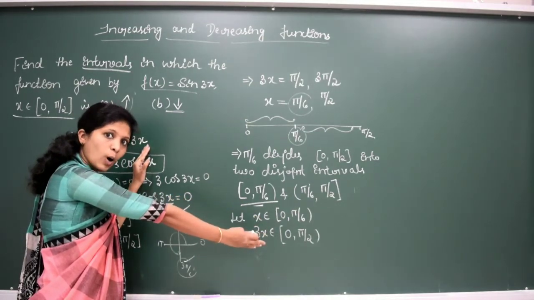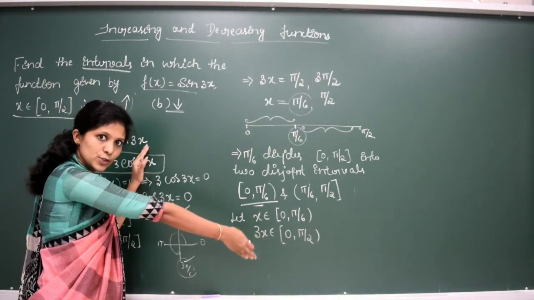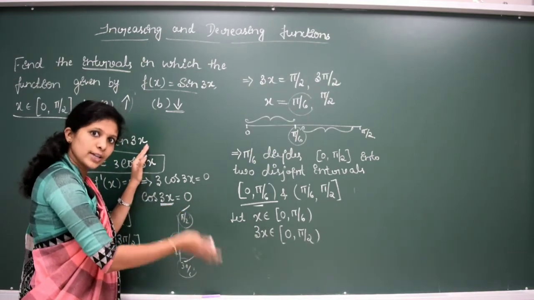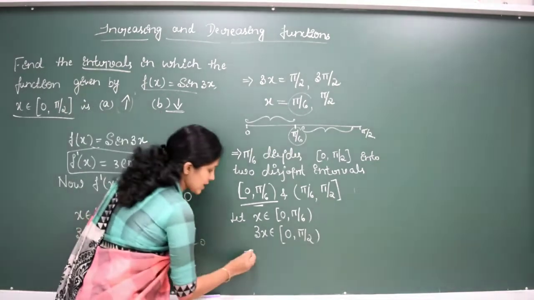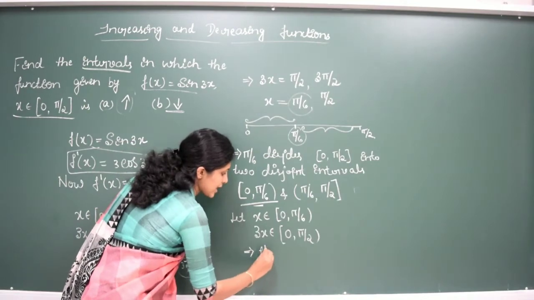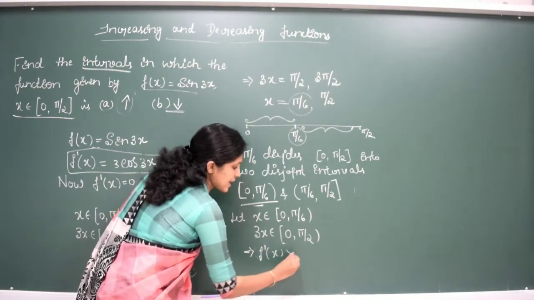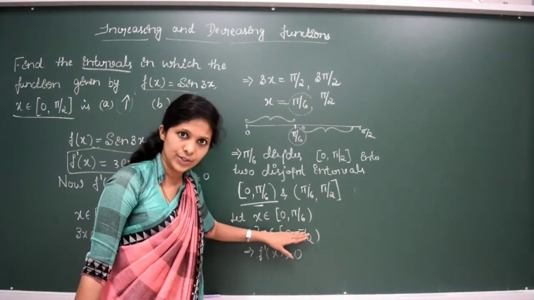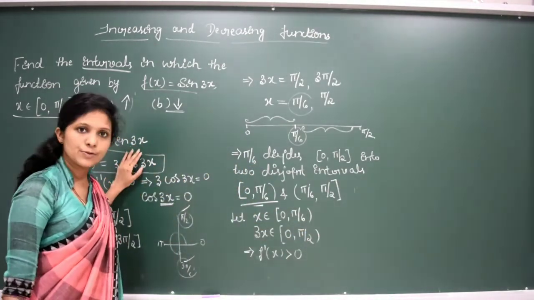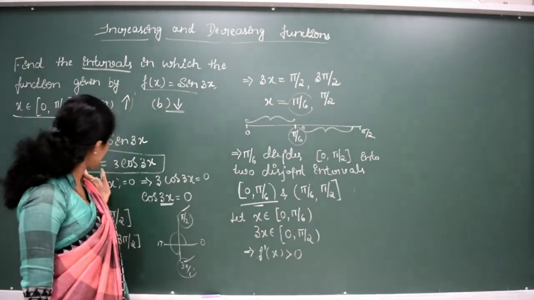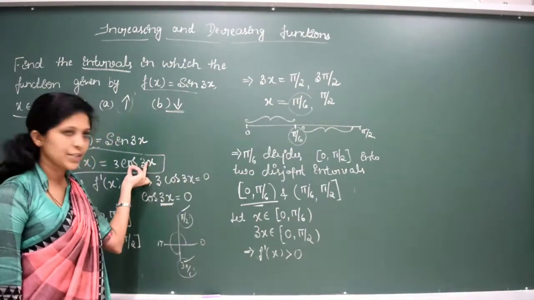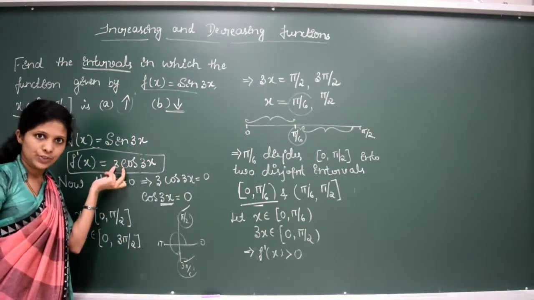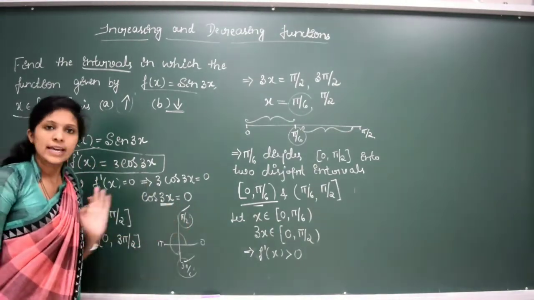In the first quadrant, obviously cos function will be positive. All the functions are positive, right? Cos is also positive. By this we can say that the function f dash of x is greater than 0. Is it clear? The value of 3x is in the first quadrant. So in that first quadrant cos function is positive. By this f dash of x, I mean a positive quantity is multiplied with the positive 3, right? So the f dash of x will be greater than 0.